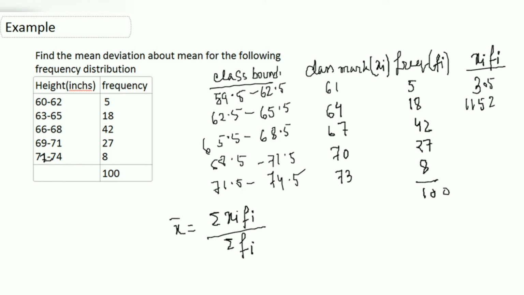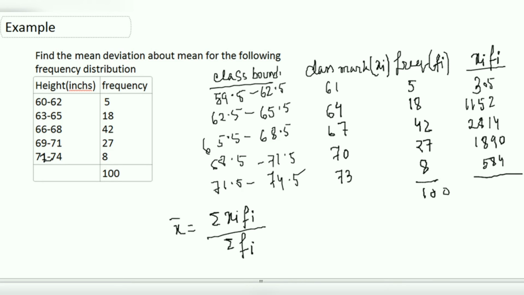Then 67 into 42 is equal to 2814. Then 70 into 27 will be 1890 and 73 into 8 will be 584 and the sum is 6745. So our mean x bar is equal to summation of xi fi, that means 6745 divided by summation of fi, that means 100,